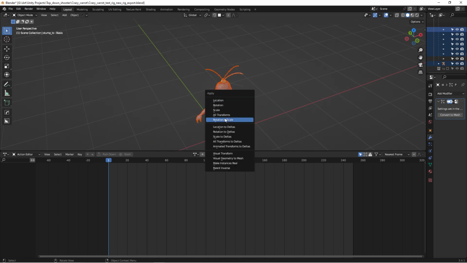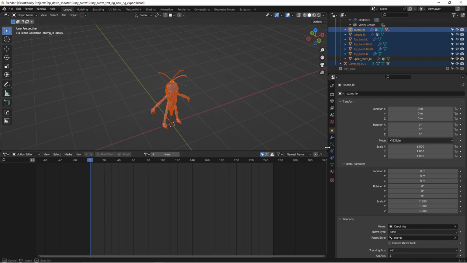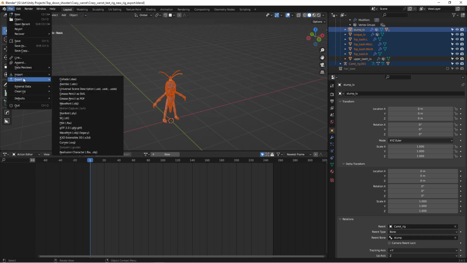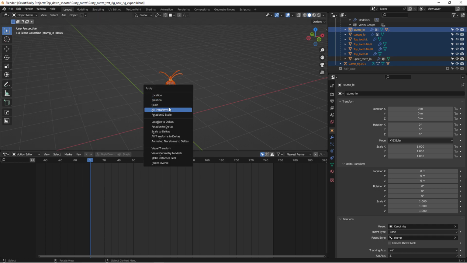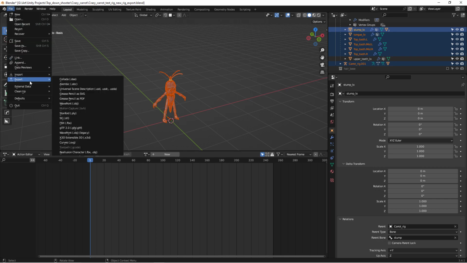You should be applying scale and all that stuff. I think these are already applied, yeah, all that stuff. Make sure it's 1:1. I hate seeing stuff pull in at the size of giants when you get to Unity, so make sure that's all done. Scales applied, all transforms. Go into export,